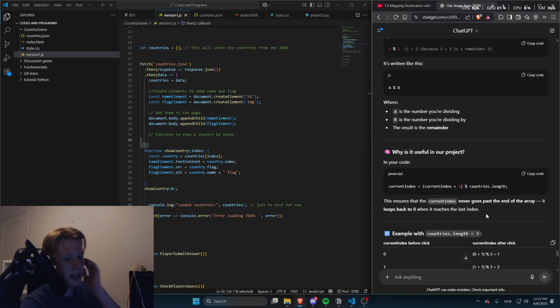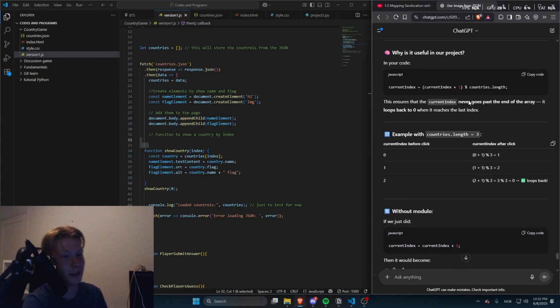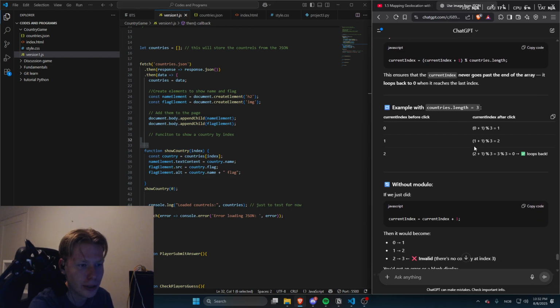Oh, wait, I think I understand. So basically, it can be divided once, right? You have 3. Okay, it's pretty simple. I don't know why it took me so long to understand this. This is super simple math. Just a weird way of doing it. I overthought it a lot. Okay, now I understand. So you have 2, and then if you divide it by 3,